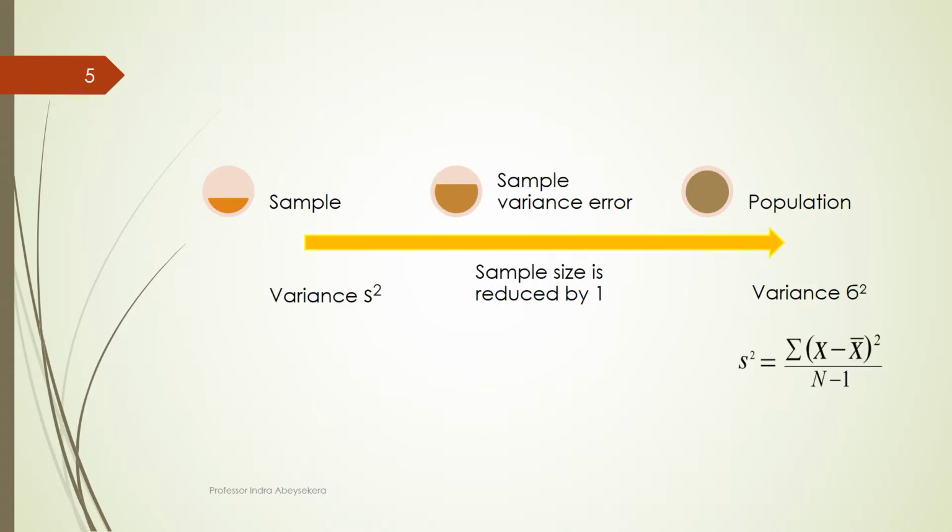The second aspect we look at is the variance. Through the sample variance, we estimate the population variance. When we express the population variance through the sample variance,